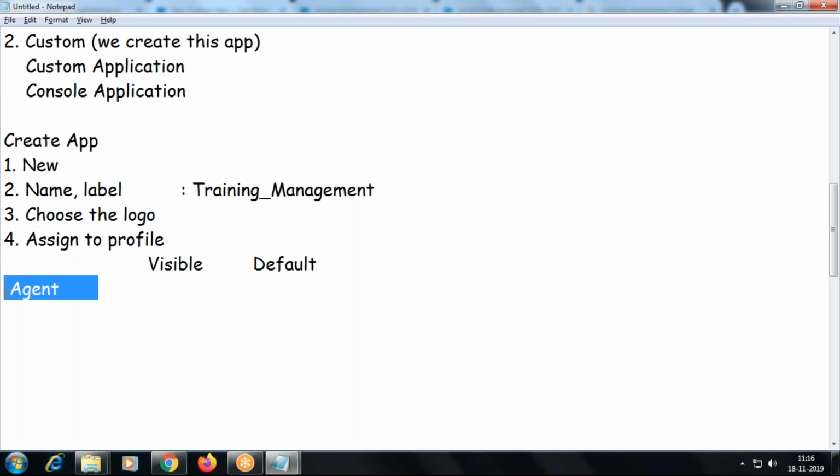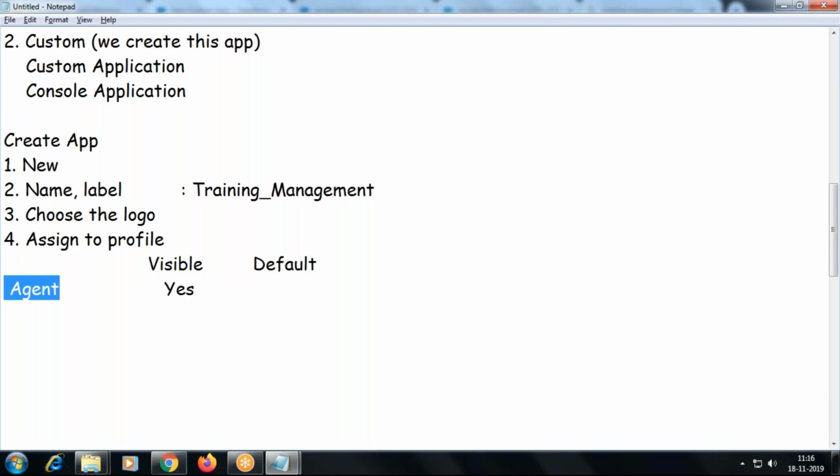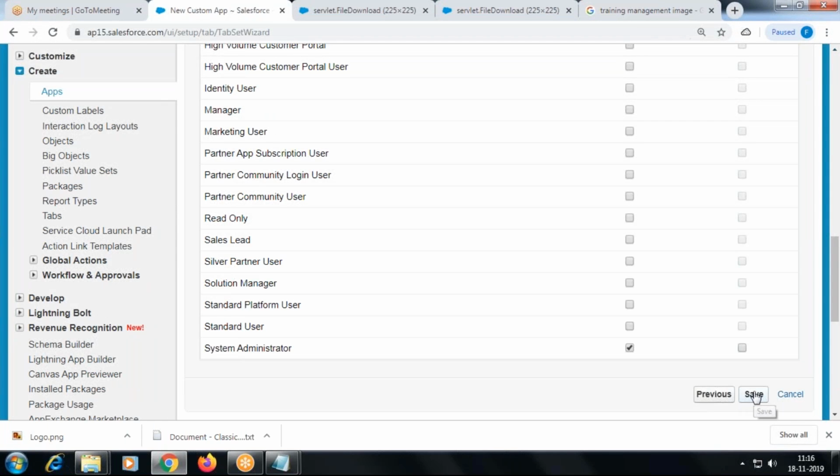We are not going to select a user. We are not going to select any name of the user. We are going to select only the profile here. So whoever user is assigned to this profile, they'll get a similar permission. If you mark it as yes here, then I may have 50 agents. The same profile can be assigned to multiple users. So all agents are able to see this application. Got me? Right. So I save this.